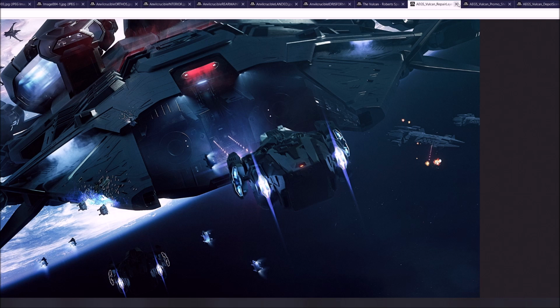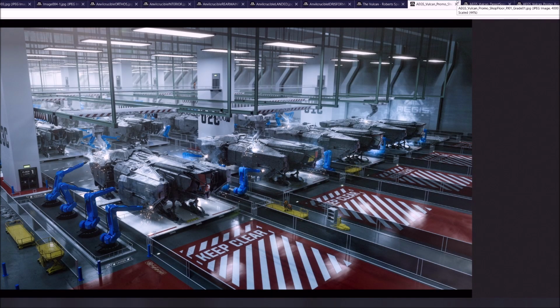Max crew of 3, a minimum crew of 1. So as you can see, this ship's got some pretty neat features as it's flying into the back of a Javelin in this picture. Pretty neat ship. Going to be capable of doing a lot of different things. This will probably be a